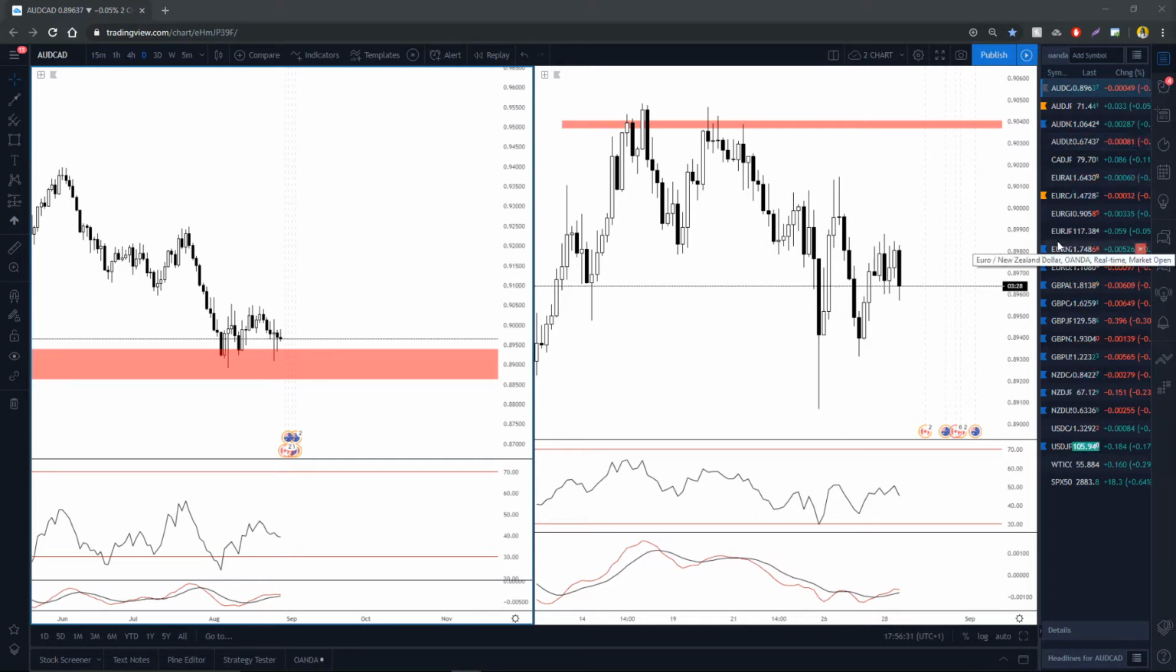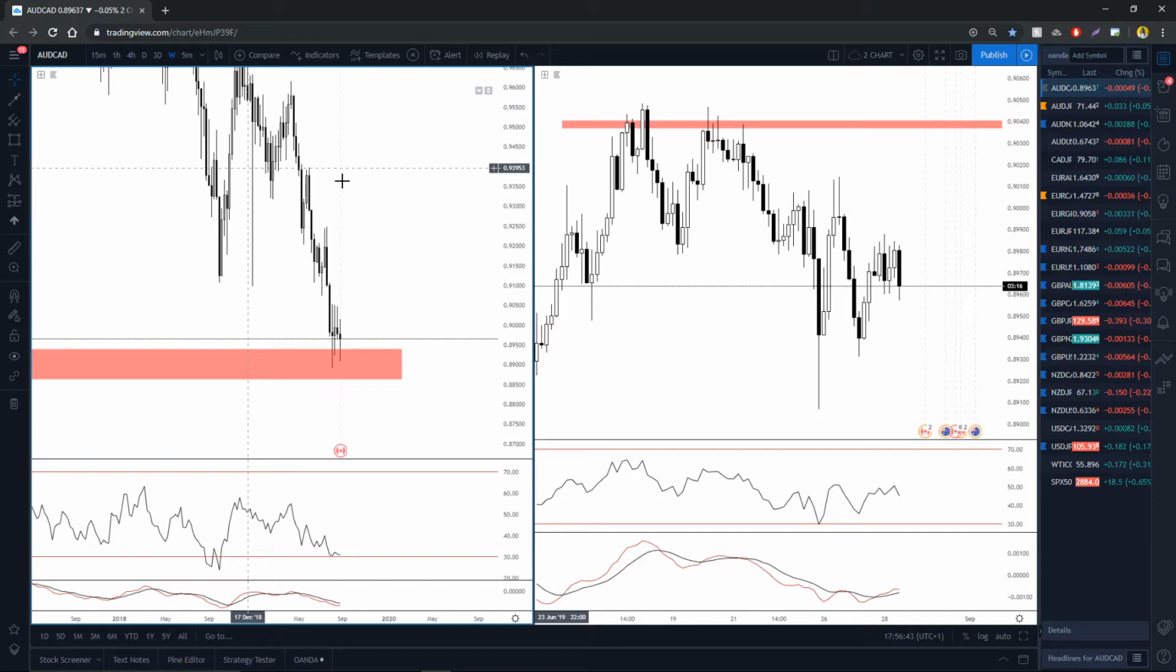But let's get back into the charts now, guys. Let's cover everything from the forex to crypto to oil to commodities, all that jazz. So we're starting off in Australian dollar to Canadian dollar here now. I'm just having a look at the Australian dollar. It's just getting plummeted